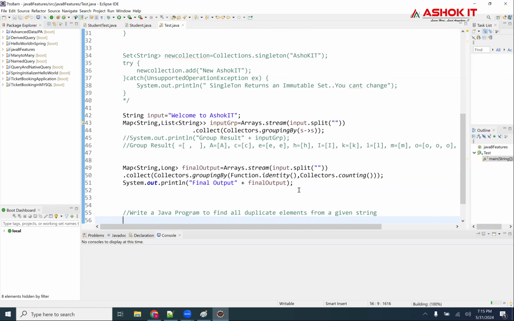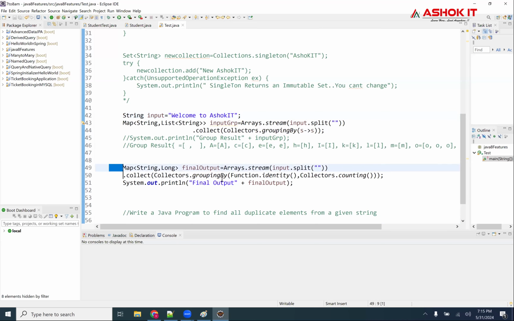What is my string here? "Welcome to Ashok IT." This is my string. In that string, I want to find the duplicate elements.